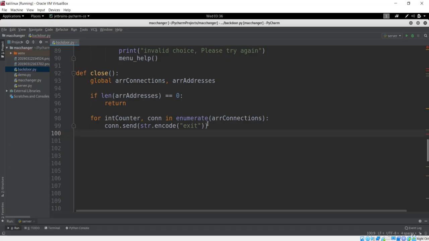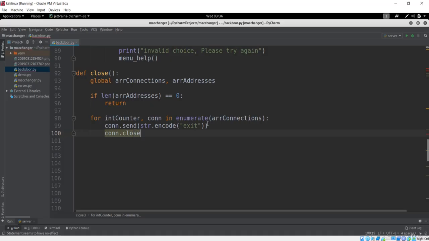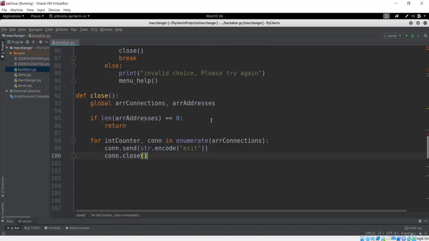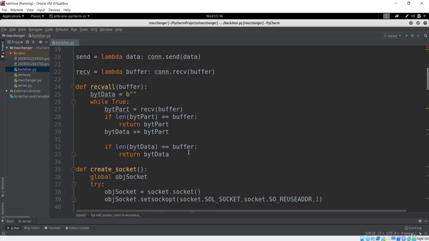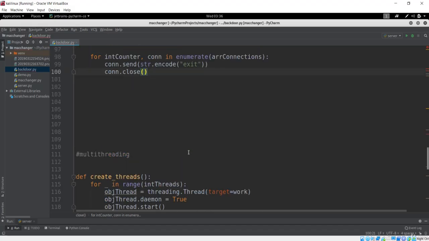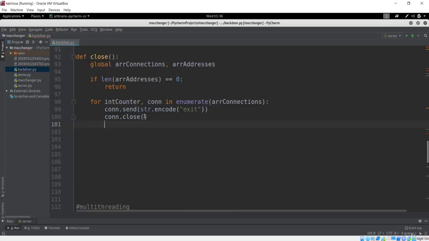So next thing what I want to do is I want to connect, or basically close this connection. So I'll just say close. So this will be the close connection. So let's go over here, and yes, that will be our close connection. So next thing what you need to do is basically we have just sent this connection from here, so we are just closing the connection that is basically based on these connections that we accept from the client.